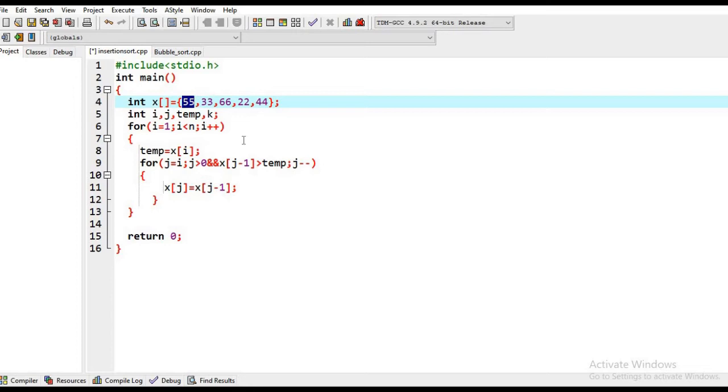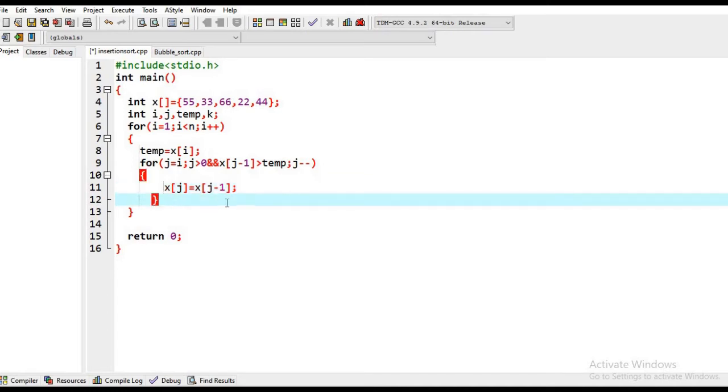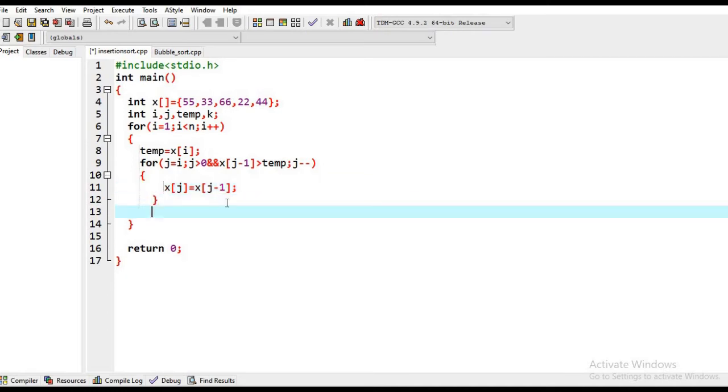If it is greater than temp, then we shift x[j-1] to the location x[j]. So one more index we shift it towards the right hand side. In this way we are making place for the value which is lesser than this value.